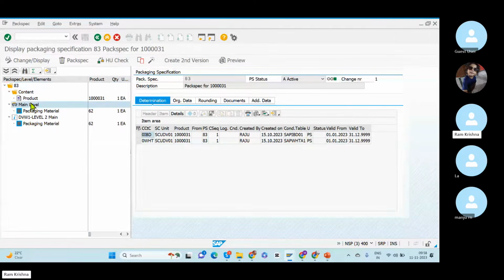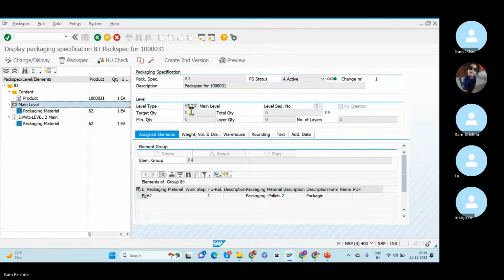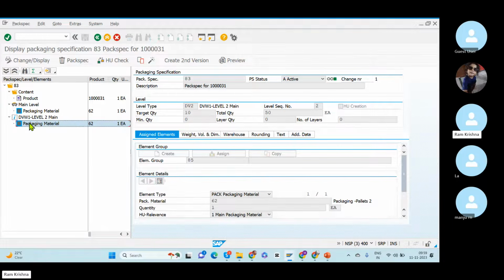Now you have the main level of packing. It was not clearly maintained, but this is the main packing, which contains 5 quantity. They didn't mention pallets or not, and it contains one packing material. That packing